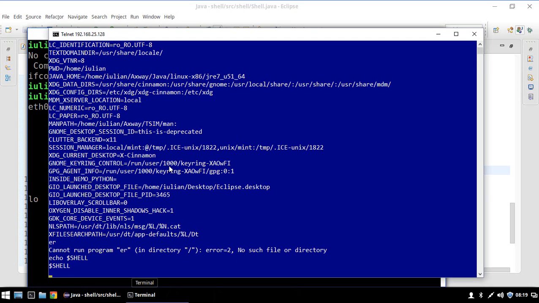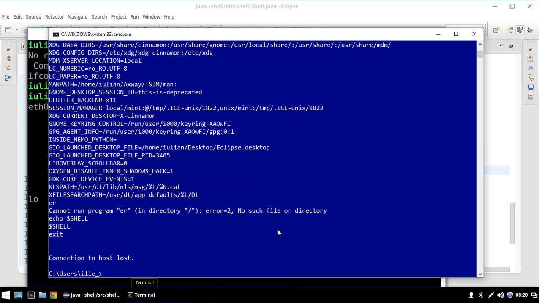The idea was just to show you how we can implement a simple shell that's able to execute commands remotely via socket, and how the shell can actually support redirection of the output of a command to other commands in a pipe. So that's all. Thanks. Okay, first the last thing, if I type exit here, then the server will close the connection,